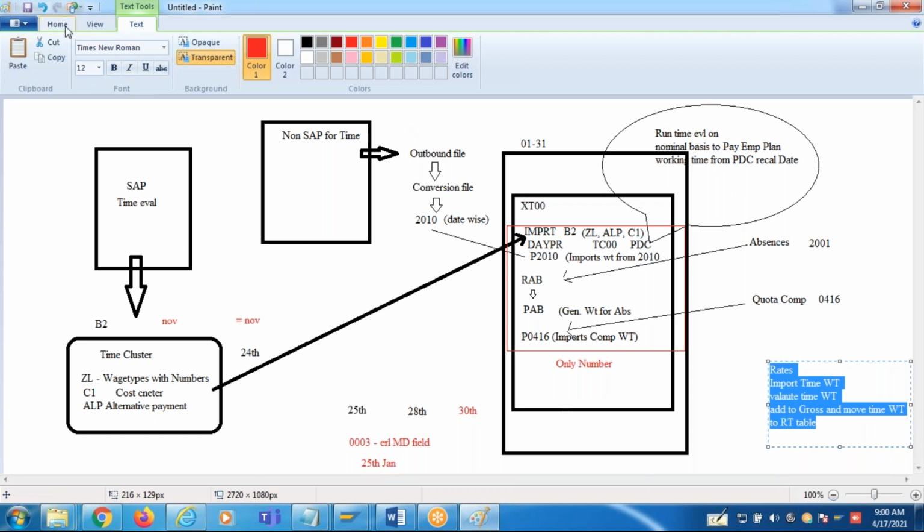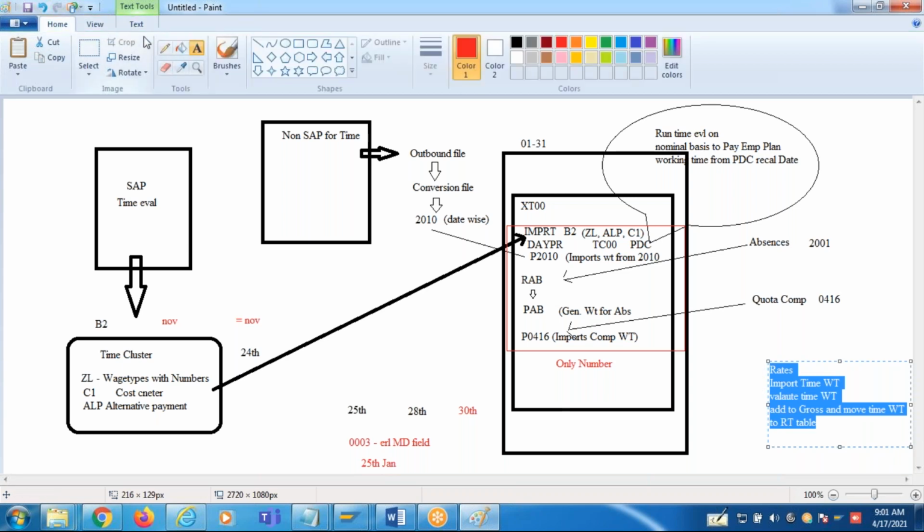Sir, where do these time types and wage types come from? Infotype 2012. Which one? Infotype 2012, time types and wage types. When we give input in time types, it will be converted into wage types. That is part of time management, not part of payroll. You guys are reading it in payroll or what? No, I had a scenario. I just want to check it. That's it.